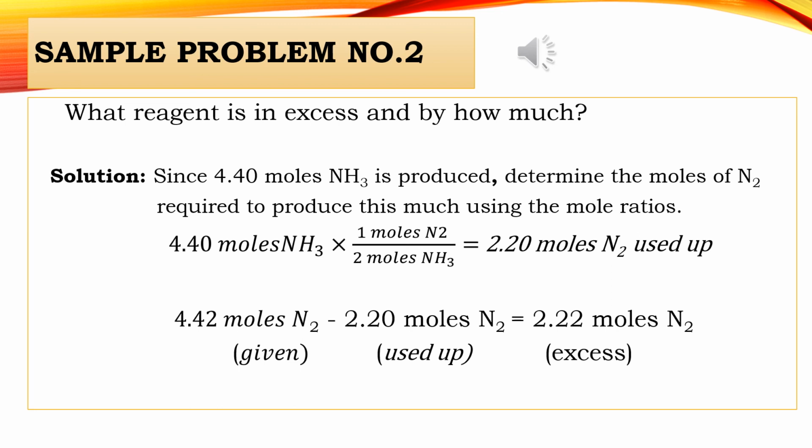For our solution, since 4.40 moles of ammonia is produced, we need to determine the moles of nitrogen gas required to produce this much ammonia using the mole ratios. From the equation, we can see that 4.40 moles of ammonia would only require 2.20 moles of nitrogen gas. From the given 4.42 moles of nitrogen